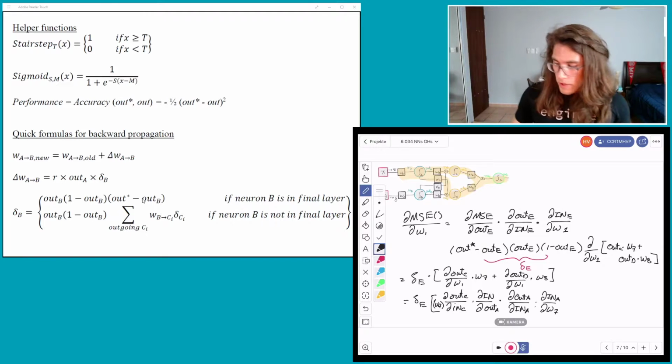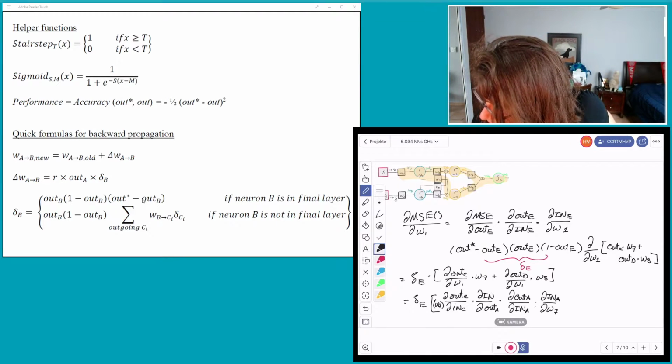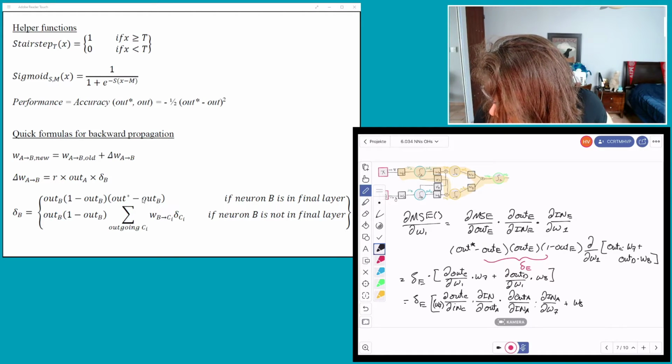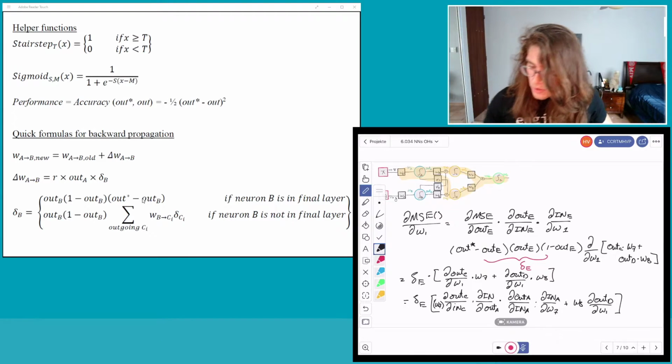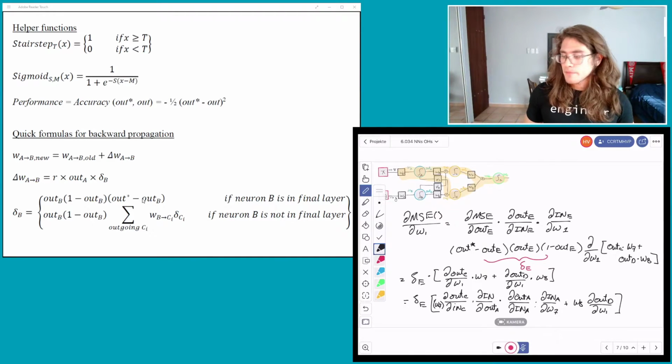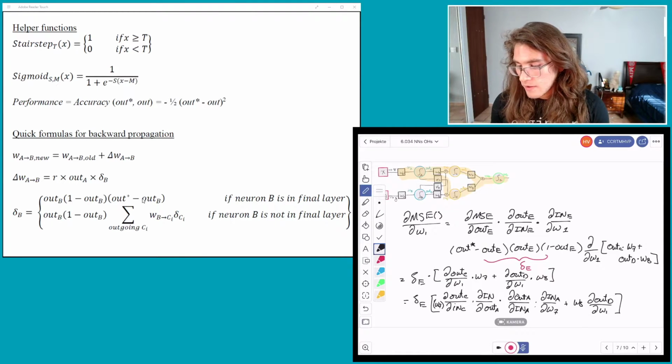Okay, so that's one half, plus w8 and then a bunch of partials. I'm going to leave it as out D, partial of w1. I'm going to leave it like that until we solve what the heck is going on with